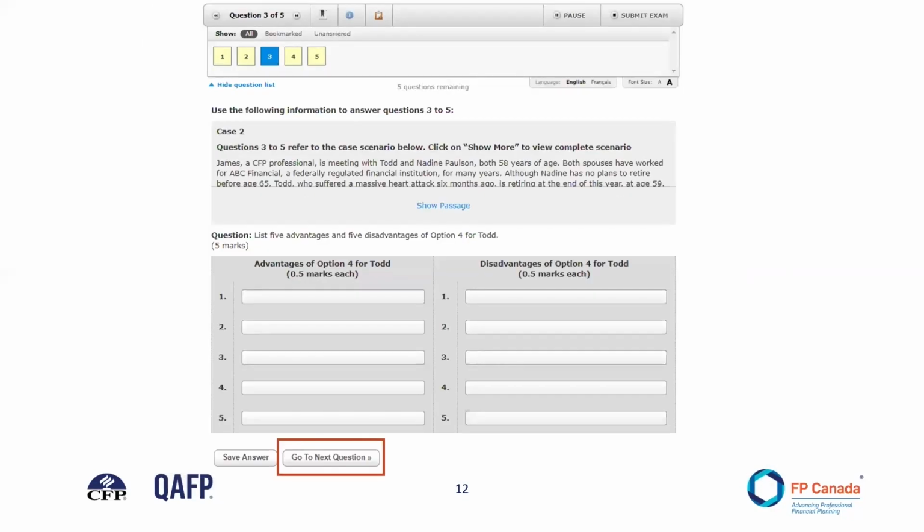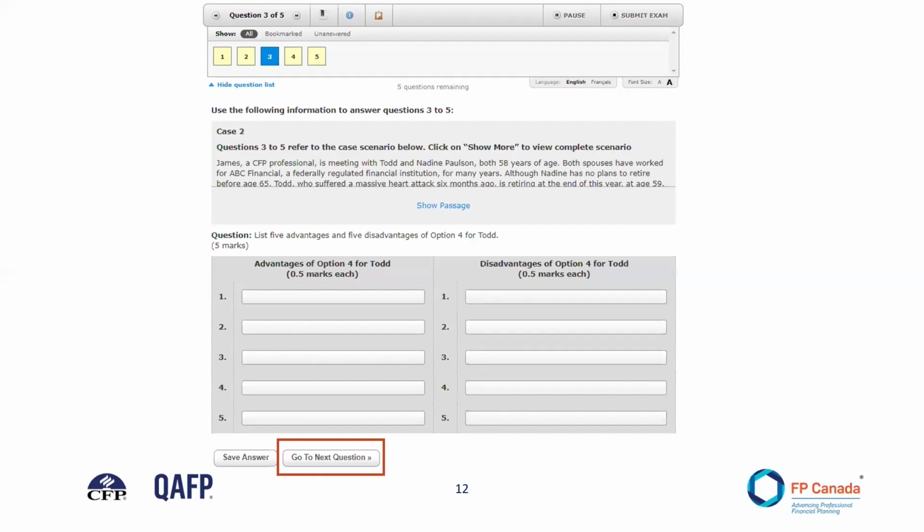This slide shows how a constructed response case, its corresponding question and response template will appear on the screen. For those that have previously written an FP Canada exam, note that a separate physical booklet with the case studies will not be provided. The case study narratives will be provided directly in the exam software. For the constructed response questions, you will need to supply the answer to the question and type it in the response template provided. The response template is the placeholder for your answer and is often in table format. Templates are very specific and are designed to help you answer the question in the format required.